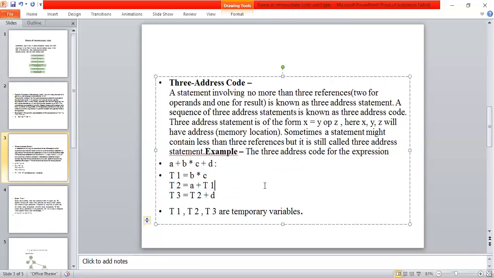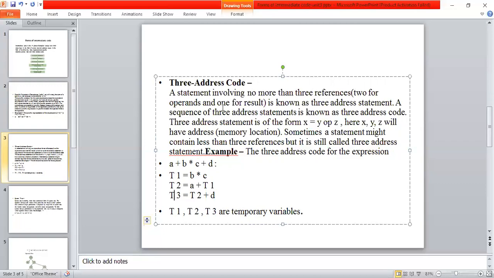Now this entire value is available in an address called t2. So this t2 I'm adding to d, so t2 + d, and this entire result I'm storing in a variable called t3. So these statements are called three address statements, and the variables t1, t2, t3 are called temporary variables.